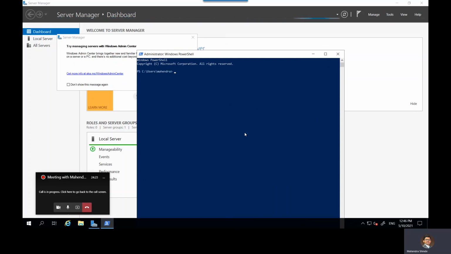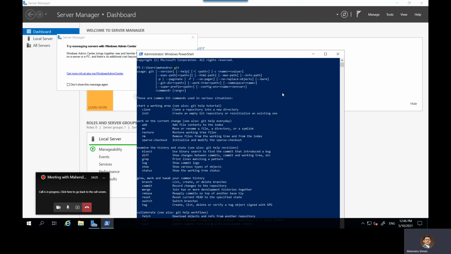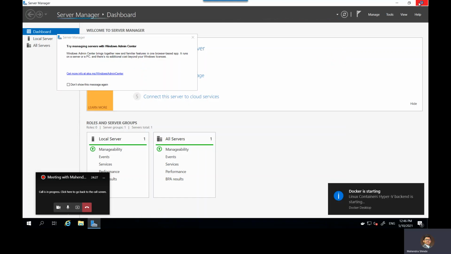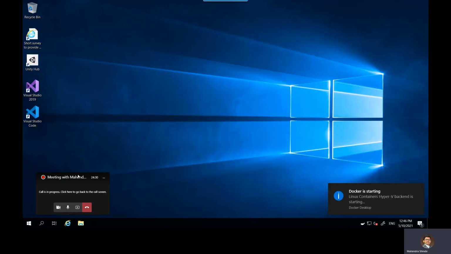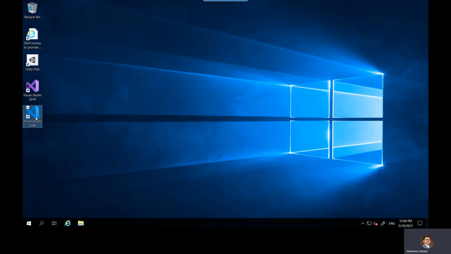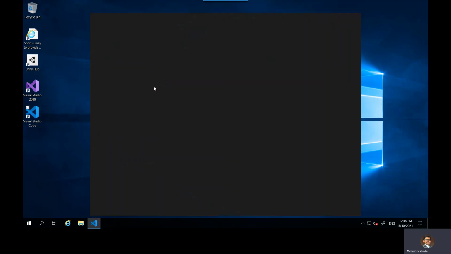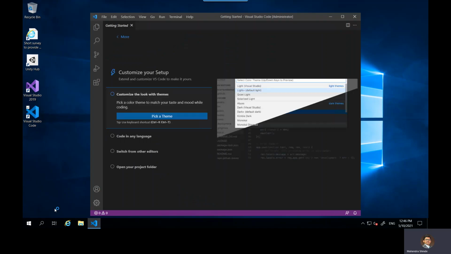Here it is. Git is also installed. So use all these features, and you can do the Azure DevOps labs directly from this VM.